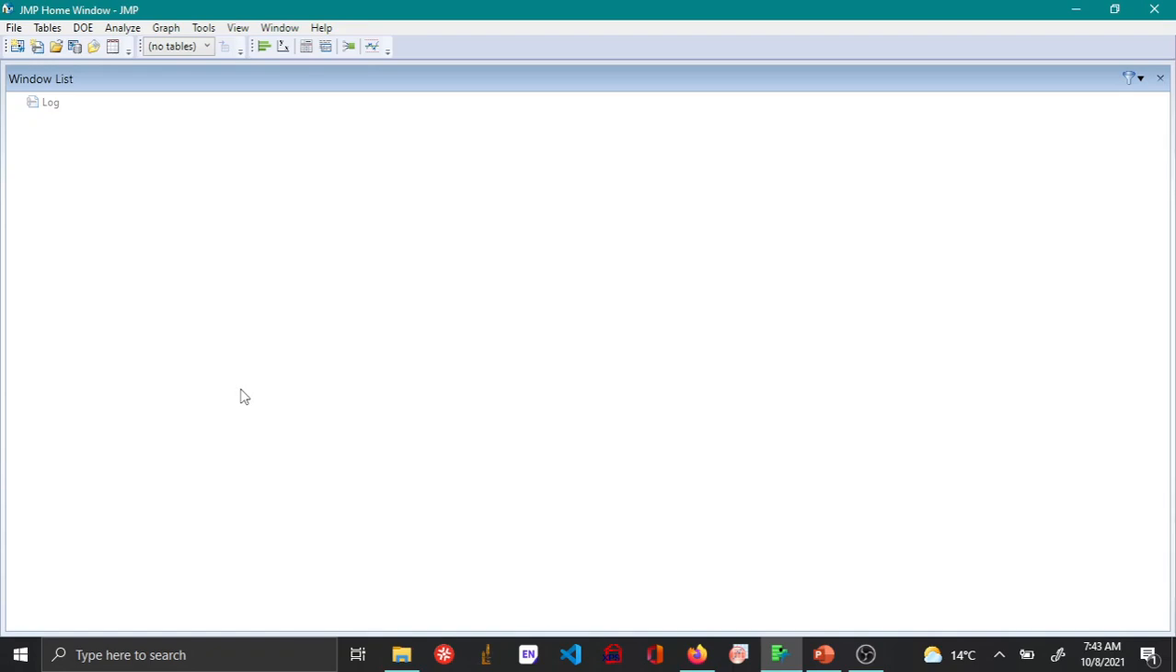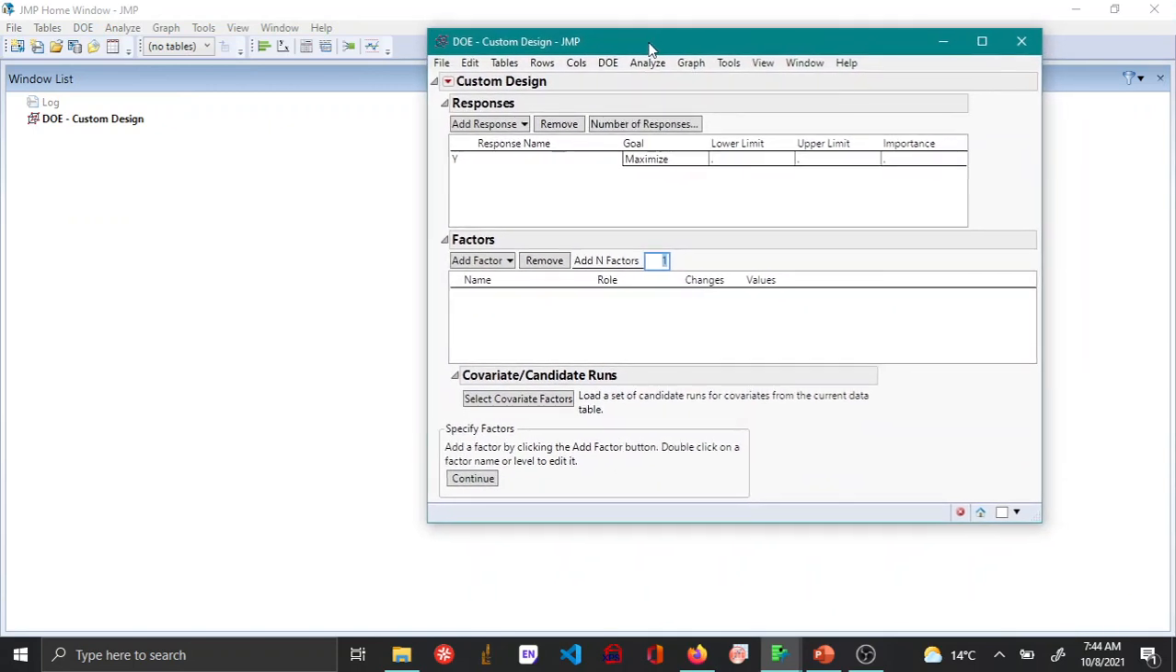Hello everyone, so in this video I'll be showing how to create a screening design using the custom designer under the DOE menu. So let's open the custom designer under the DOE menu. So here I'm adding the response as thickness. My goal here is to match target that is between 48 and 53, and I have 5 factors,